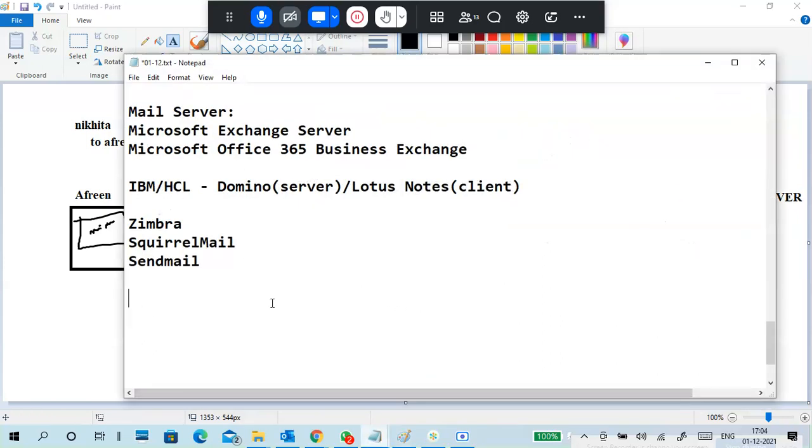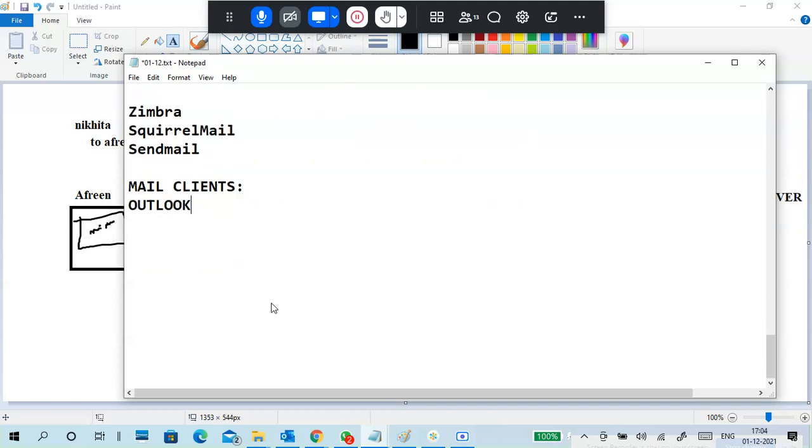Next, mail servers are okay, but what about mail clients? One of the popular mail clients is Outlook. Not only this, there are a lot of mail clients.